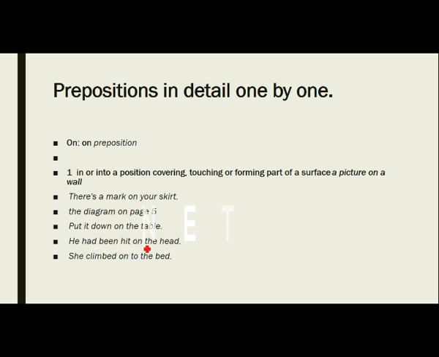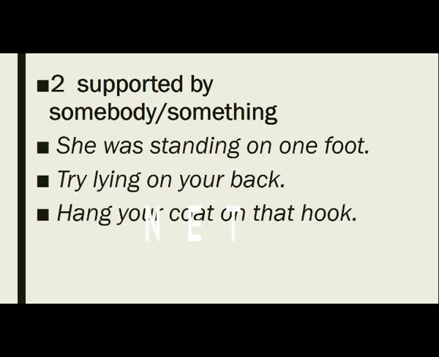He had been hit on the head. Okay, on is denoting surface here. She climbed onto the bed. Now here, onto the bed. Now this is the first use of the preposition on. Now the second use,